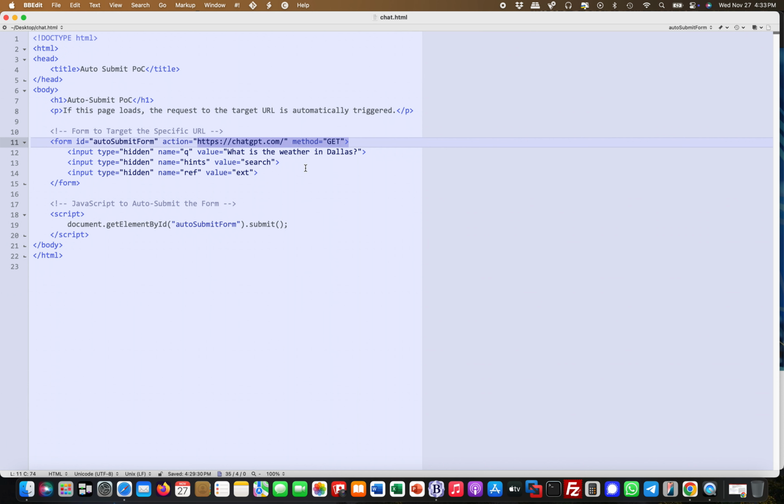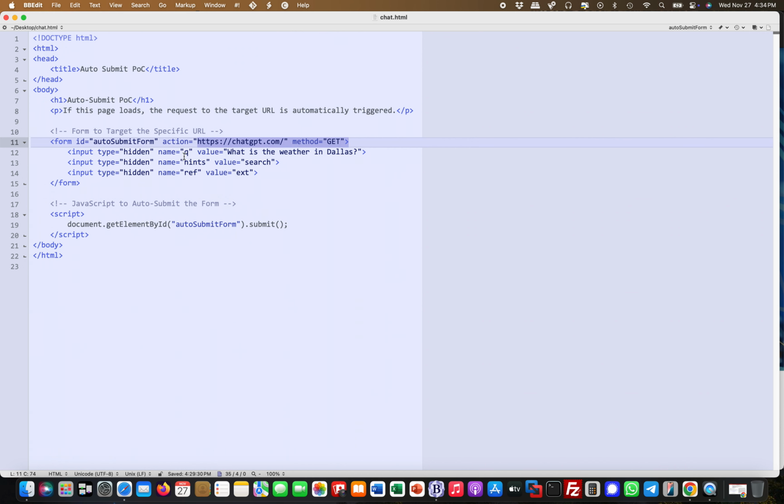But I think treating ChatGPT like Google is probably not the right approach, because Google is a search engine, whereas with ChatGPT there can be a state changing action. What I mean by that is that you could, for example, do a prompt injection, and then the user gets wrong output, or you manipulate a memory, or any of the other attacks I've shown in other videos. So what I figured is that you go to https://chatgpt.com,